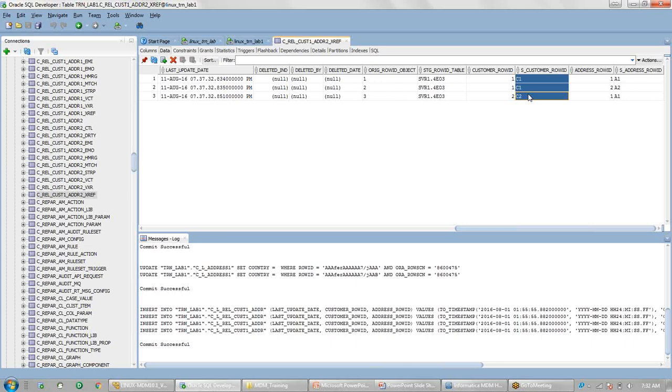So now you can work on the labs also. If you don't have access to the MDM as of now, you can get access and work on the labs. Basically three labs can be done now.